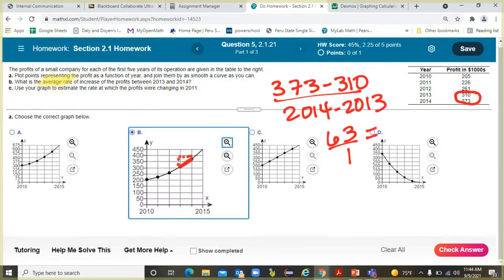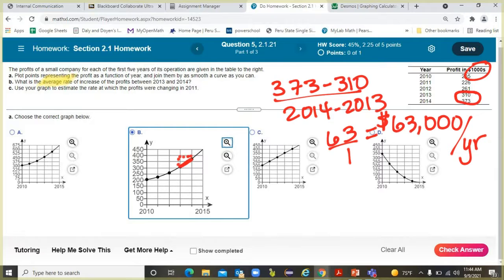So in other words, $63,000 per year. Okay, so from 2013 to 2014, on average, there was an average rate of change of 63,000 per year. And then C says, use your graph to try to estimate